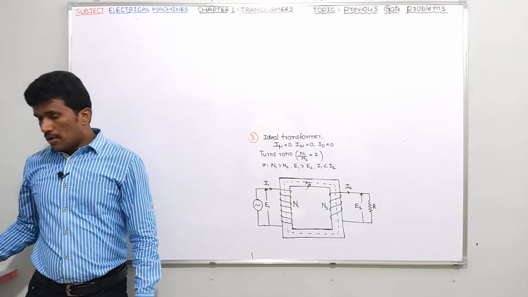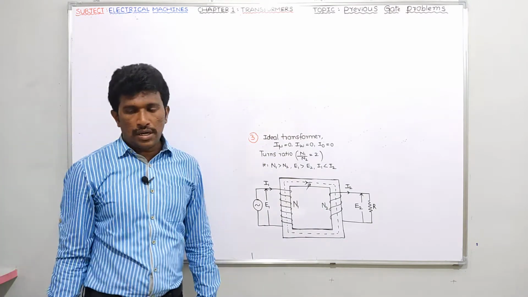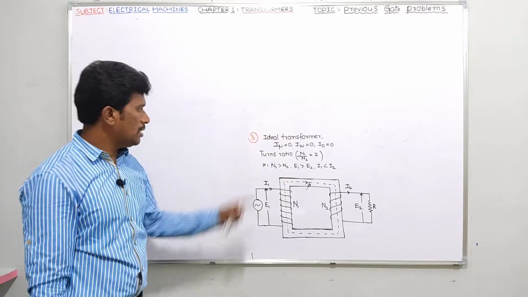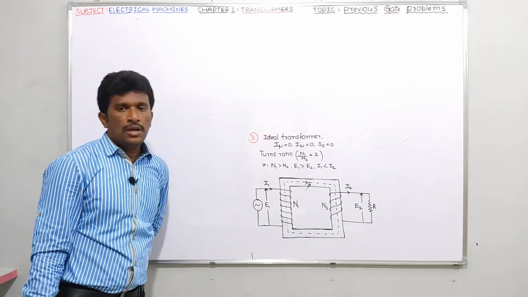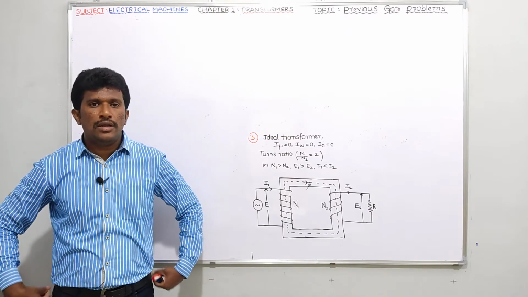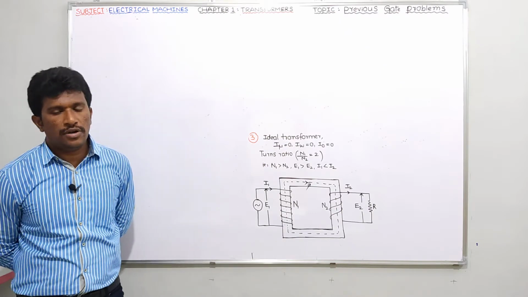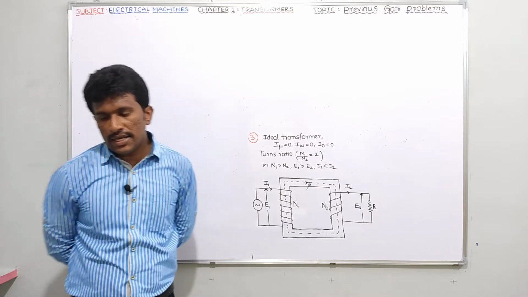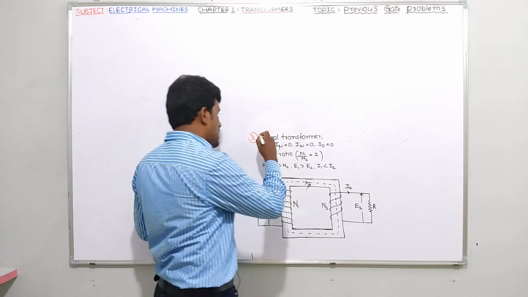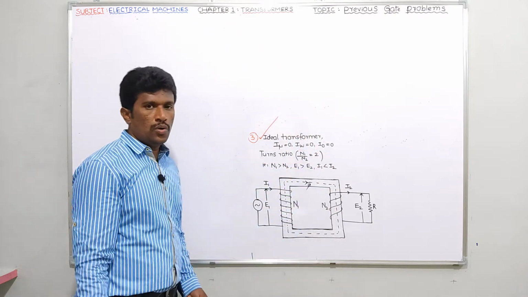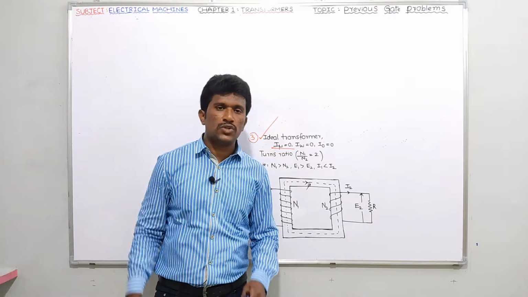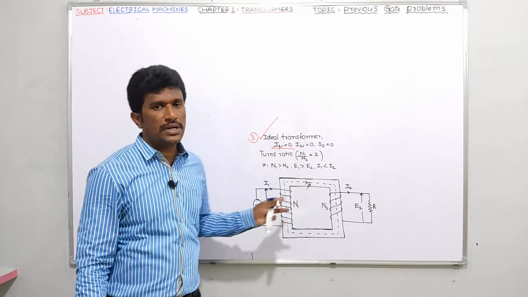Okay, now let me solve question number 3 in your PDF file. I request all of you, please see question number 3, not question number 5. Guys, what he is saying: the figure shows an ideal single phase transformer. It's very simple. Ideal transformer means, I already told you, the magnetizing current required is 0. Without drawing any current, the transformer core will be magnetized. This is already explained for the ideal transformer.